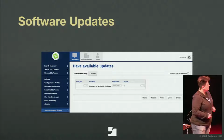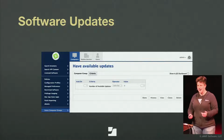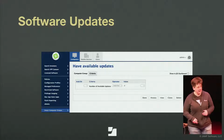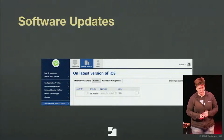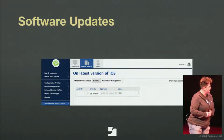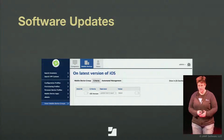And here's some quick smart grouping. You can see the logic here is that number of available updates is more than, and it's an integer value, which means we can do math on it. We can say more than 0, immediate software grouping or smart group collection there to say anybody who falls into that group we need to think about. For iOS, we have some logic as well. You can also do greater than or equal to here as an operator. For the latest version that you're concerned about, 10.0.2 being the most current version of iOS available. And